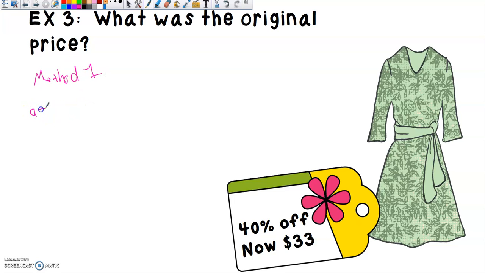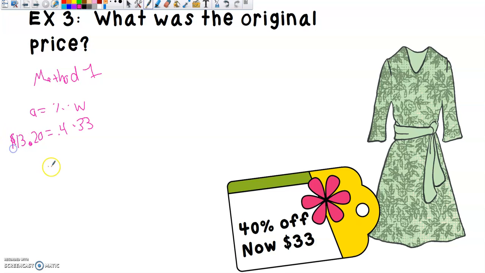I will write down my percent formula. A equals percent times W. My whole is $33. The percent is 40% off. So I'm going to go 0.4 times 33. And I have $13.20 off. This is my discount. Now I'm not done here